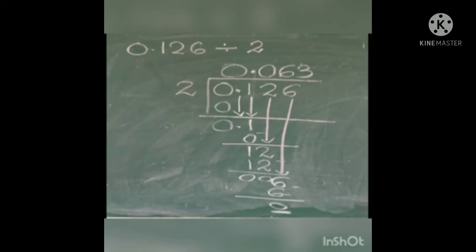So the only difference is that whenever you get a decimal point in the dividend, you have to place it in the quotient. That is the only difference. Now next topic, remainders in division. In some cases you have remainders, isn't it? It's not possible that whenever we divide we get remainder 0. In some cases we get some remainder, isn't it?